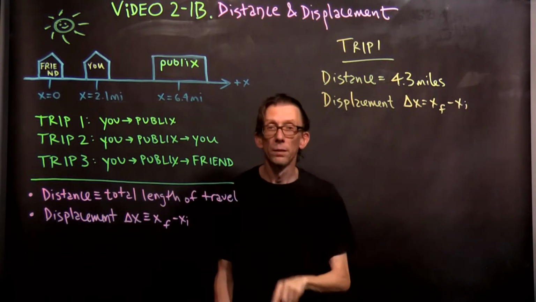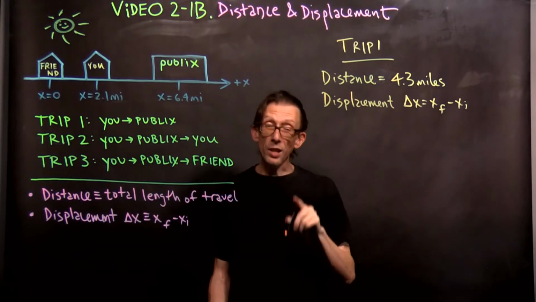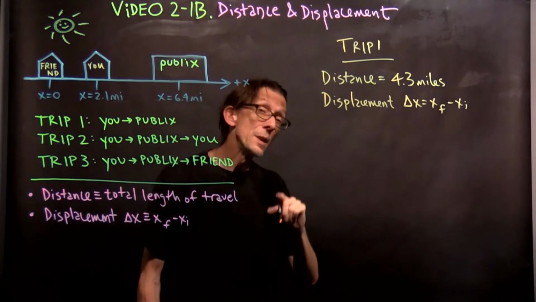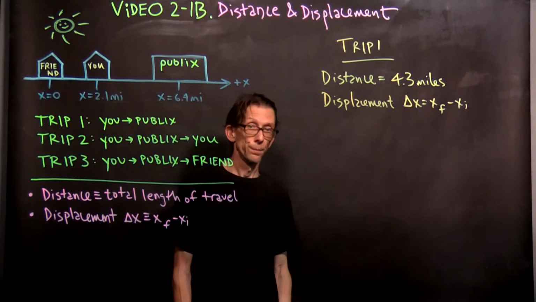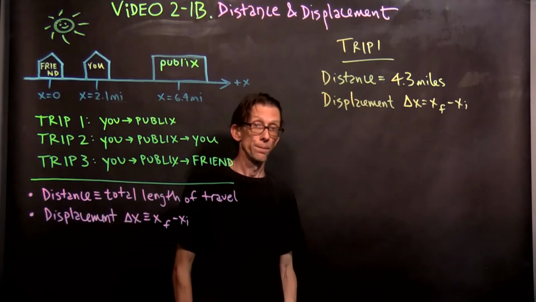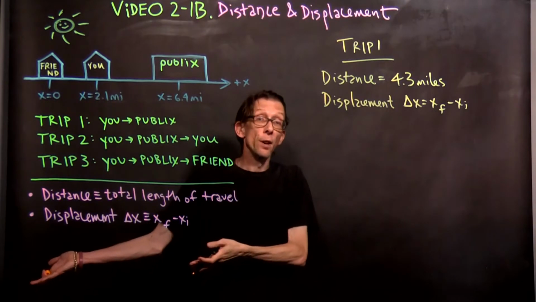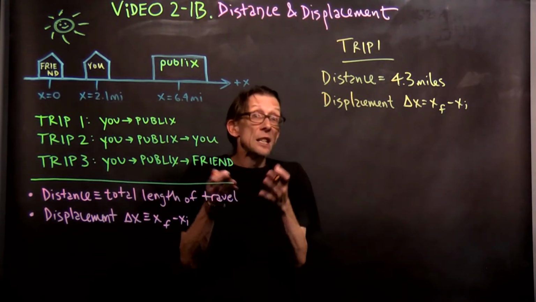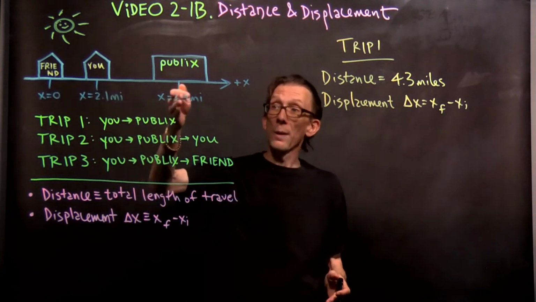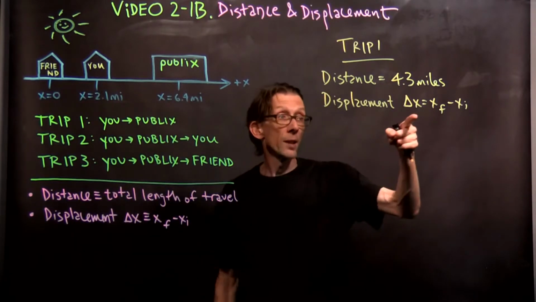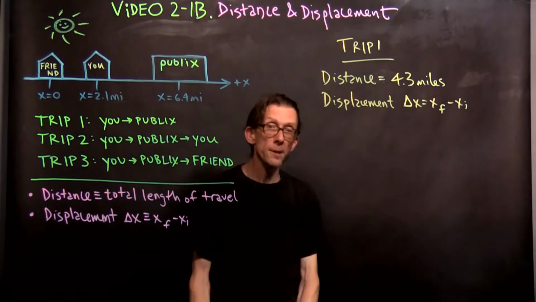When you see the subscript f, it means final. Final position. Remember, x is position. That's what we covered in the first video from this chapter. X is position, right? You've got our 3 positions here. So this x f means your final position